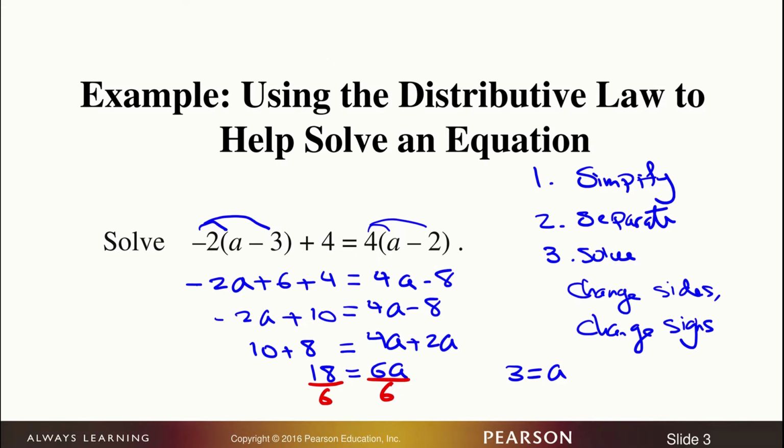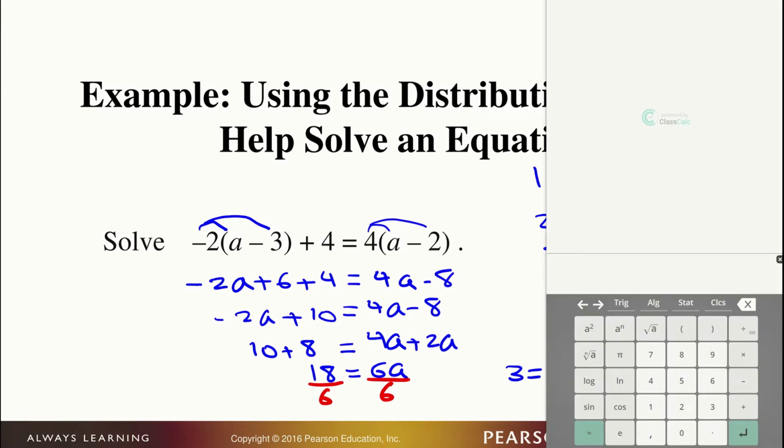Let's take a look at that. So here we'll just type in negative 2 open parentheses, and then for a we're going to substitute 3, so 3 minus 3 close parentheses plus 4,